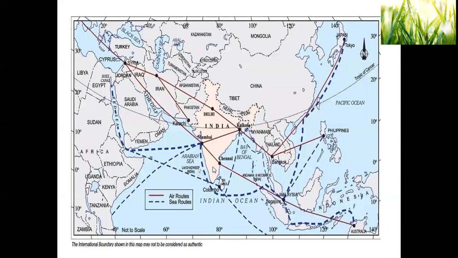Okay. So this is how India is situated centrally. I told you about the Trans-Indian Sea Route. Here, the dotted lines through the Indian Ocean are the Trans-Indian Sea Routes. This sea route is very busy. Most of the time it is busy. You can see how Mumbai is connected through many of the ports around. The land route comes like this. I will just tell you.